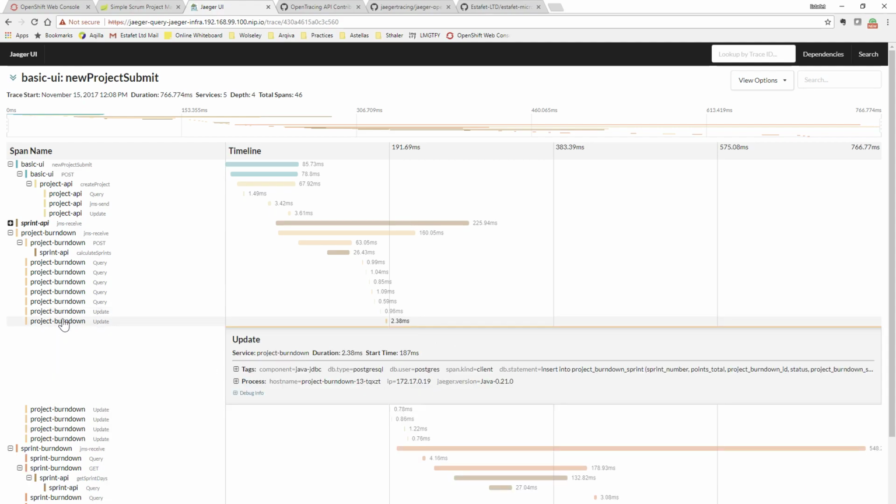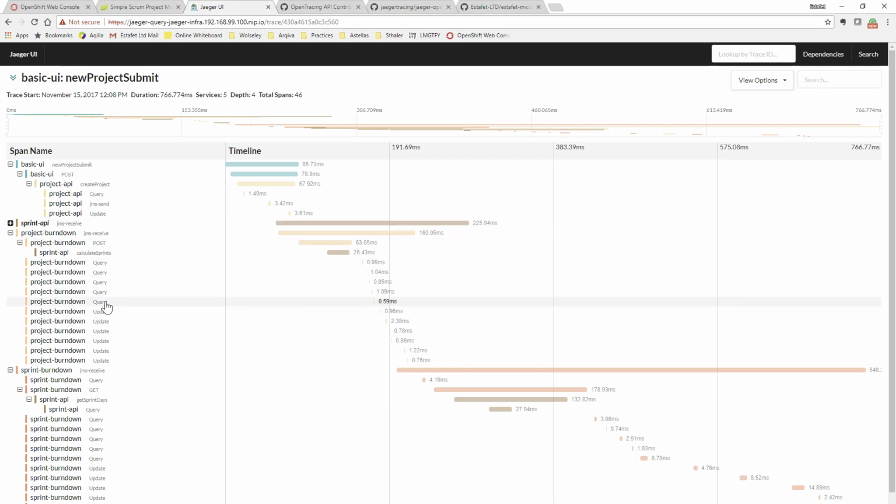You can see the SQL statements, so you can see what's going on underneath the hood, and that process is followed by each of those. So you can follow quite easily,